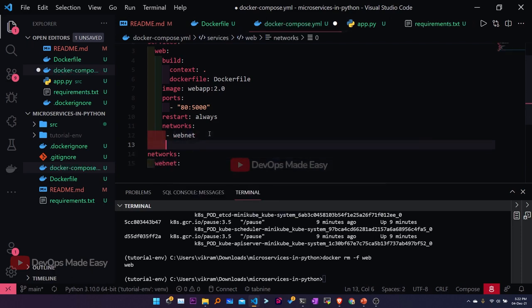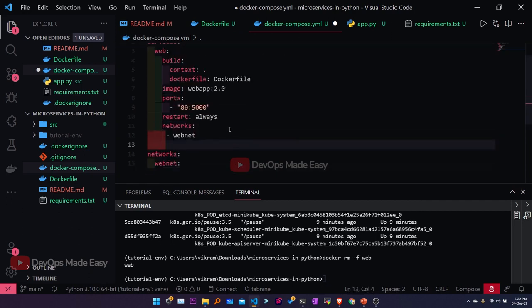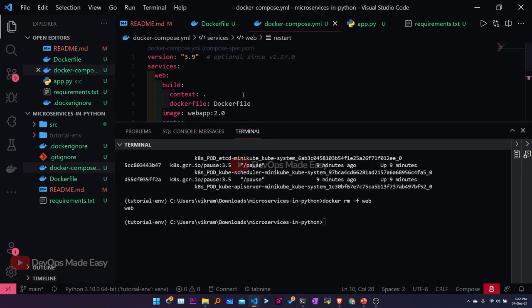So you created the network called webnet and you are referring to it here. So this is the complete Docker compose file. We have the images, port, restart, networks. Now the first thing we do is try to build this particular image using the build instructions